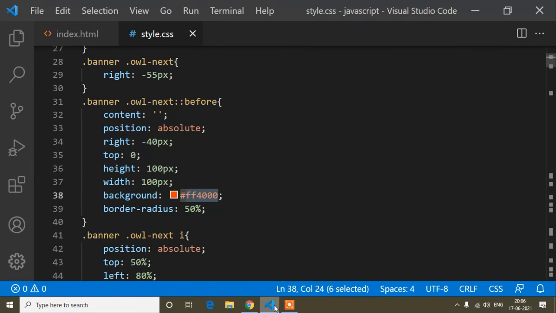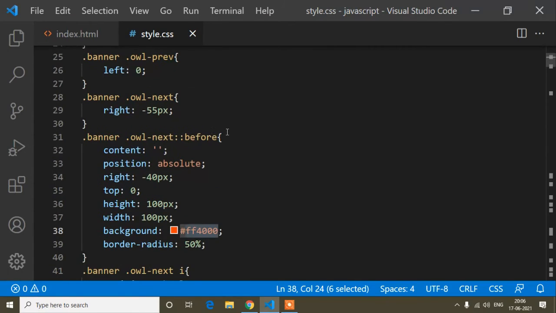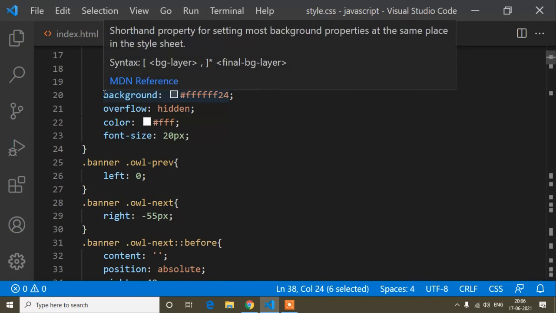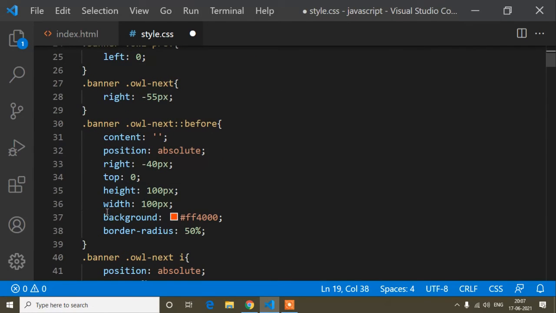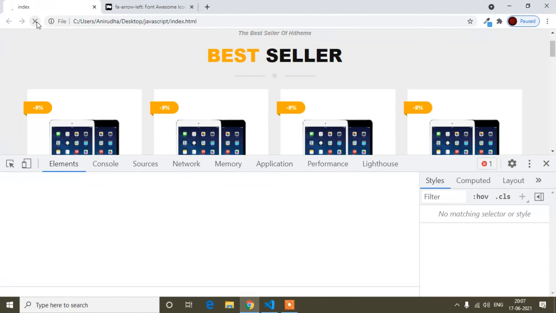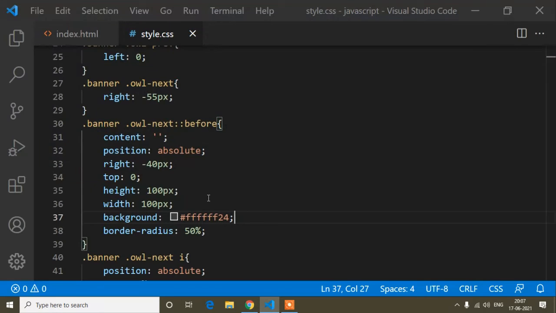Just this button background color, actually I will write gray. For showing purpose I was doing that, but this button background color actually I will write gray, and the before will be gray and the button color will be transparent. I mean, I will not add any color. So I will cut the color from here. You can see this button cut. I will cut the color from here, and just before color instead of this one I will write this. So now save. So you can see the button is showing now half.